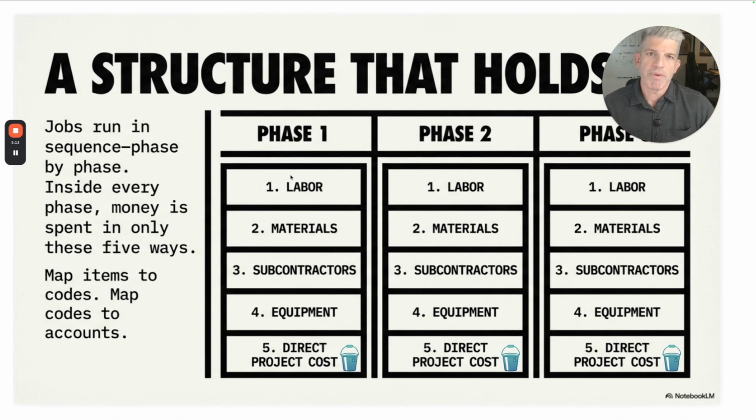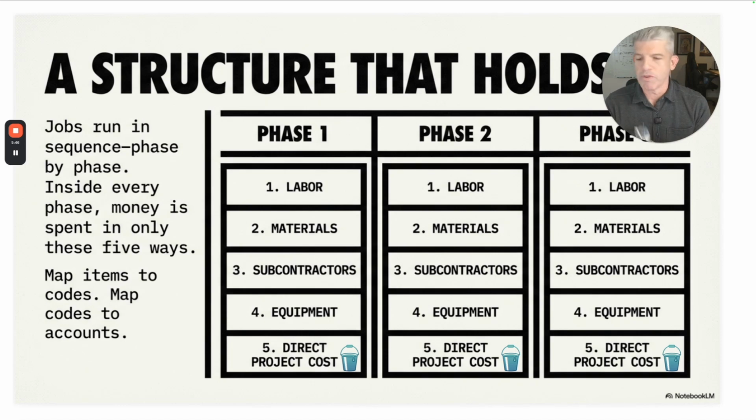Think about every project as the phase, and within those phases, you're performing pretty much the same type of tasks. Those tasks are either you're performing labor. When I say labor here, I'm saying your internal employees' labor, you're purchasing materials, you're hiring subcontractors, you're renting or using some kind of equipment. And then our fifth bucket here is kind of a catch-all. If it's not labor, materials, subcontractors, and equipment, then we put that into a bucket or a cost code called